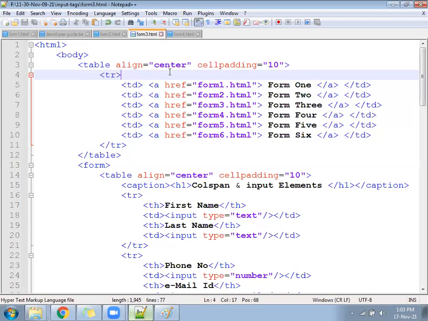From there, image type TD. Make that one TD. Go here. Right, TD.